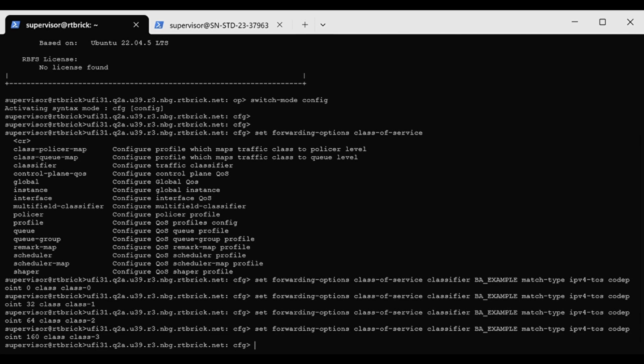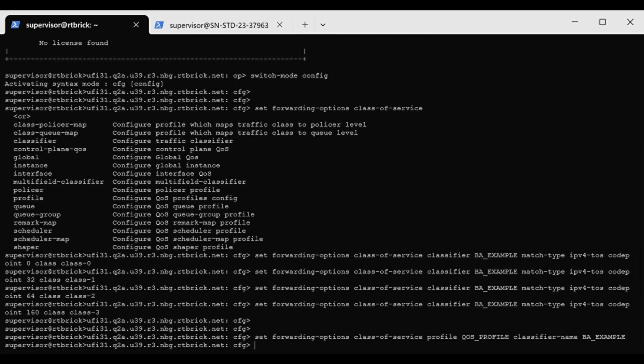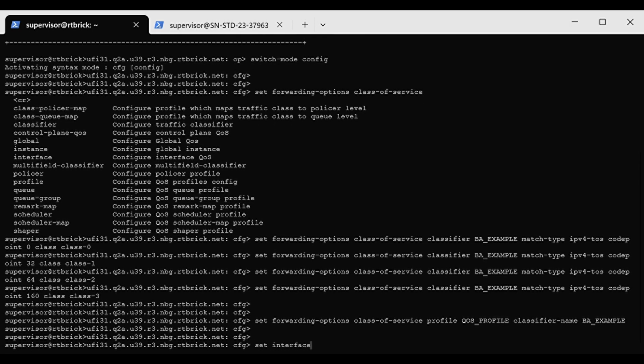Earlier, we mentioned that QoS components are applied using a QoS profile, so let's define a simple profile using set forwarding-options class-of-service profile. We name the profile QoS_profile and assign the BA classifier to it using the classifier name statement. Finally, we need to apply this QoS profile to an interface. Our BNG Blaster is connected to interfaces IFP 0/0/12 and IFP 0/0/20, so we bind the profile to these interfaces using set interface IFP 0/0/12 unit 0 class-of-service. We repeat the step for IFP